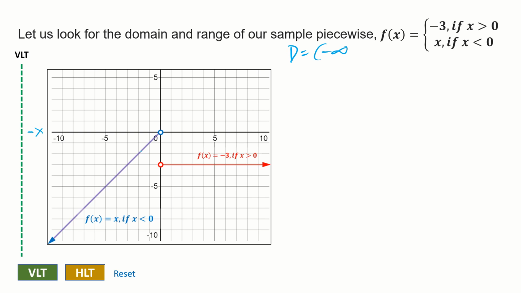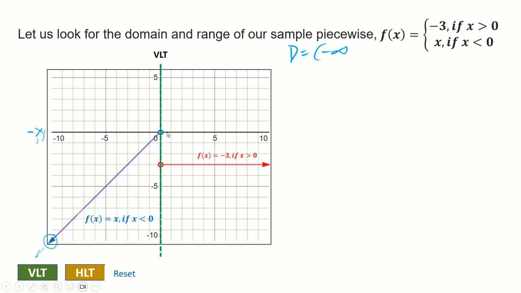It is progressing towards the negative infinity of x. So therefore, this will start from negative infinity, and also the end point of this graph is an arrow. So that's why it is from negative infinity. So if we move our vertical line test, we will see that